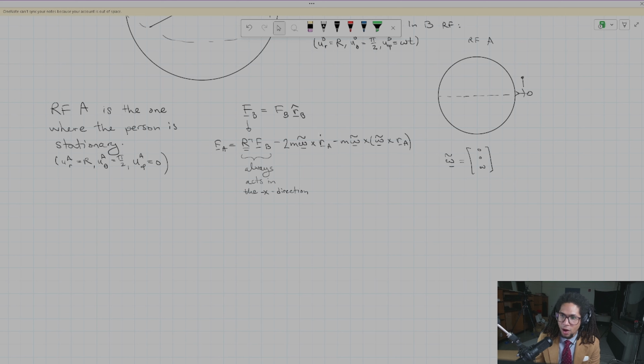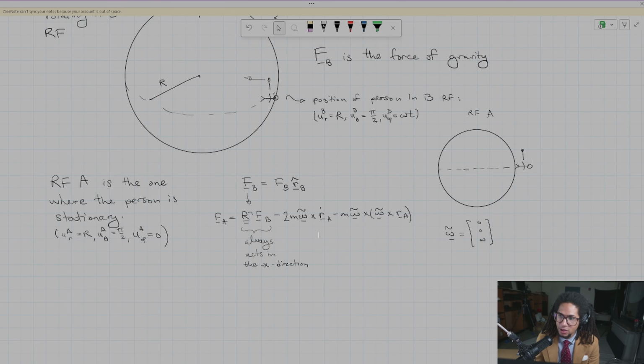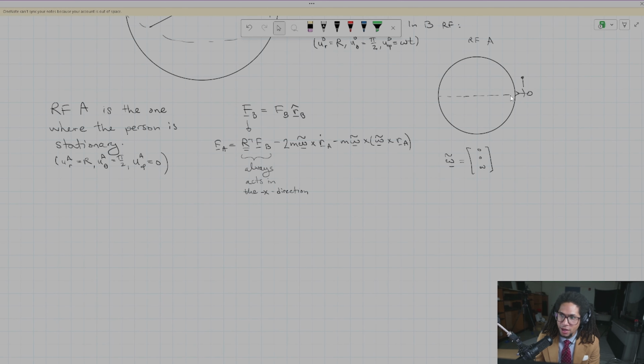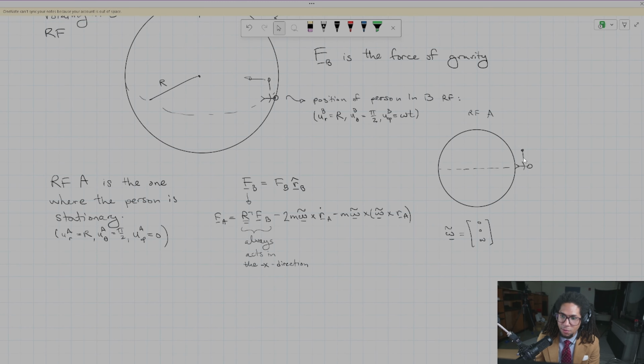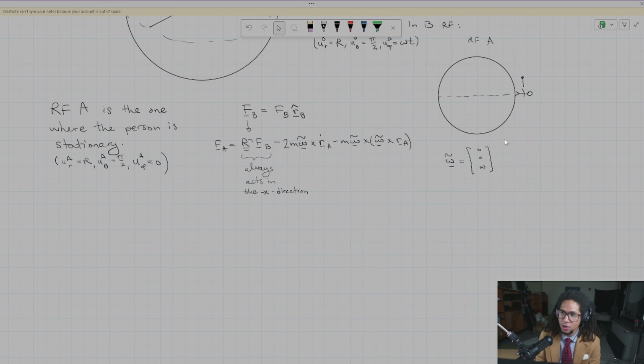Okay, now I wanted just the instantaneous force. So the instantaneous direction of travel in the A reference frame of this object is the minus theta direction. But if I want to think about that in x, y, z coordinates, that is in the positive z direction. Okay, so let's come down here a little bit. We'll just take this equation and start expanding it. So we have FA is equal to